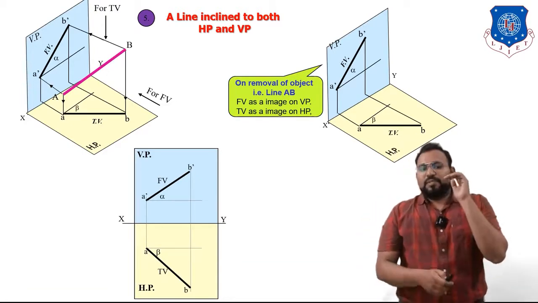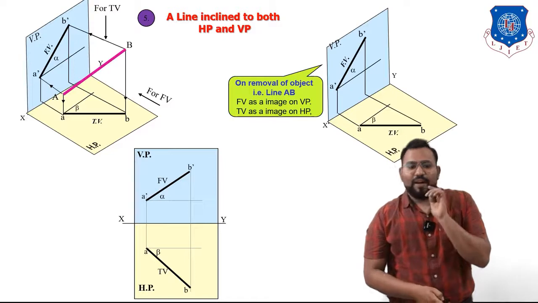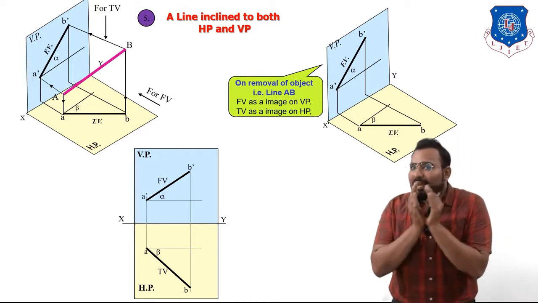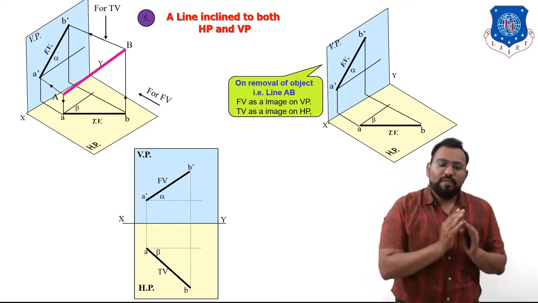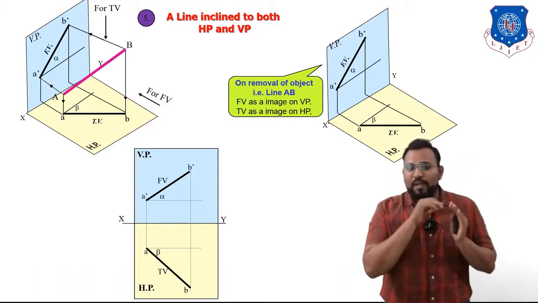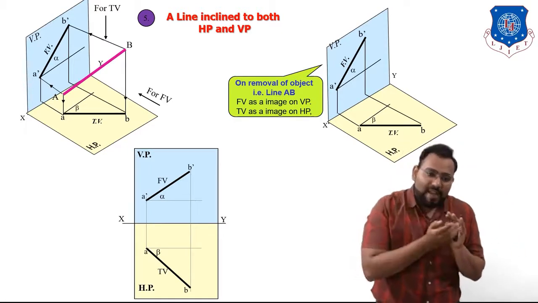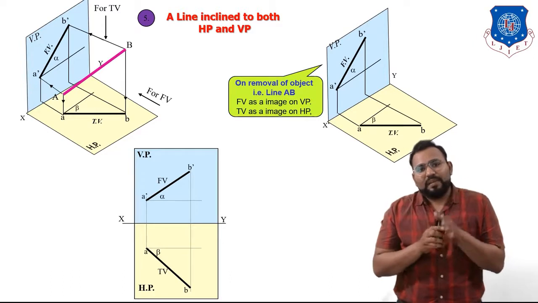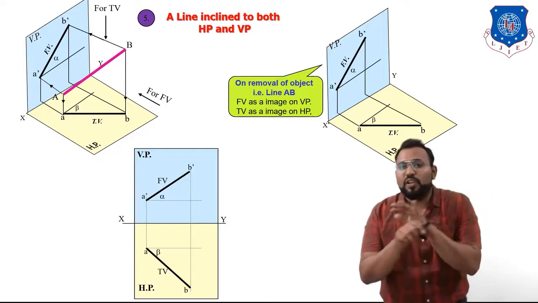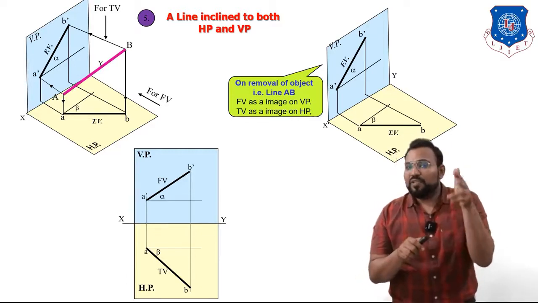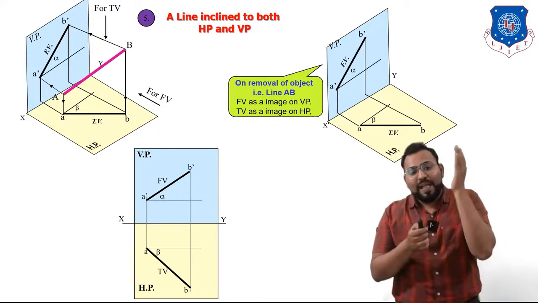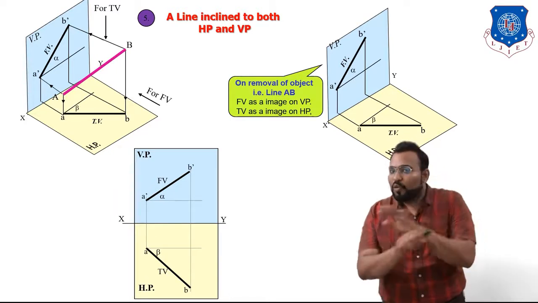Now the question comes to your mind, sir, in the front view there is angle alpha, and in the top view there is angle beta. Why is this? Always remember, angles theta and phi always come with the true length. If the front view is showing the true length, that means we have an angle theta there. If the top view is showing the true length, that means we have an angle phi there. Here, front view and top view both are not showing the true length, so both are apparent lengths. Why? Because the line is not parallel to HP, and also not parallel to VP, as the line is inclined to HP as well as VP. That's why front view and top view both are not true length.